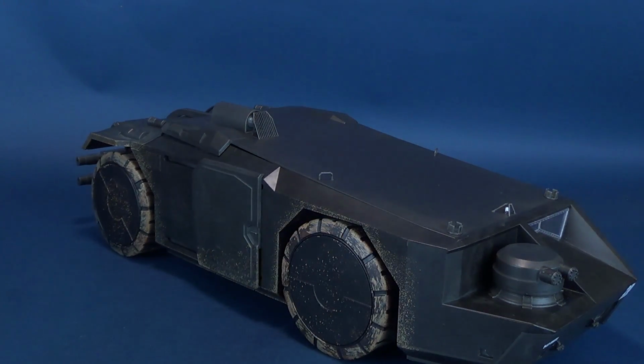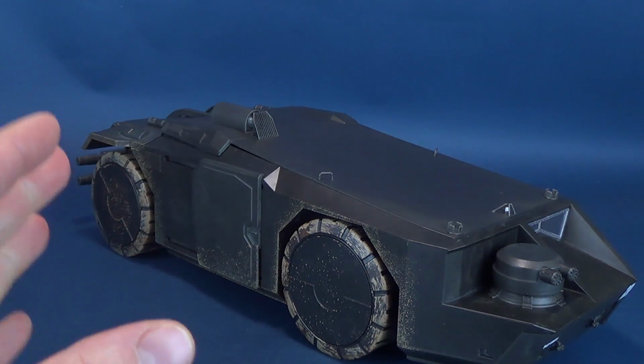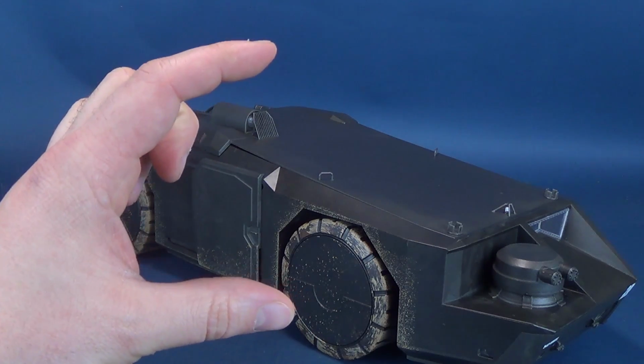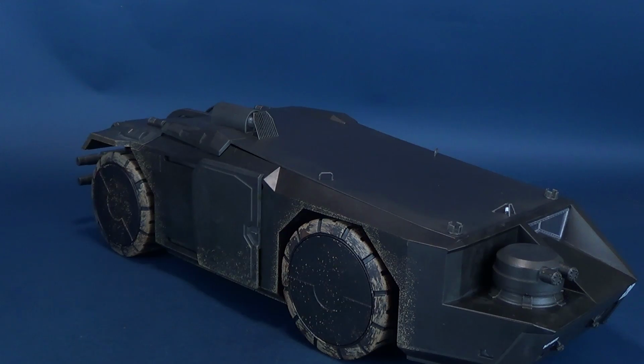This is certainly one of those wish list items, things that I would have only dreamed to have as a kid. For me, at least, collecting G.I. Joes was where it was at. I collected G.I. Joes more than anything else growing up. 3 3/4 inch was really my style, my choice of size of figures. And I would have loved to have gotten an APC that would have been scaled to fit those G.I. Joes. Of course, yes, I had to wait a little bit longer to pull off such a thing, but we